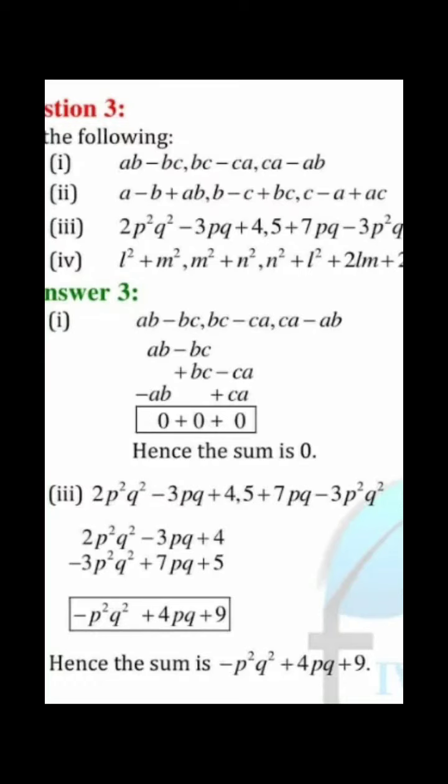So on addition, we do not add the variables. We have to add the constants. In case we don't have constants in this particular expression, what we are going to do is place 1 before them. So 1 minus 1 is 0, minus 1 plus 1 is 0, minus plus is 0. I hope you have understood.